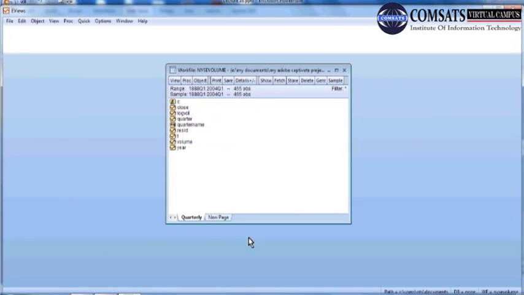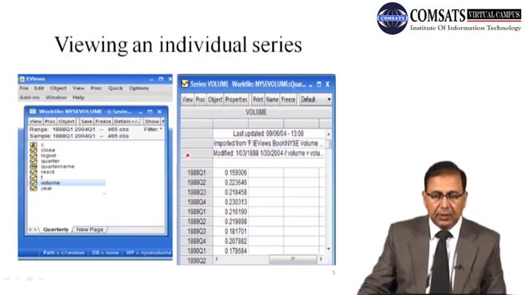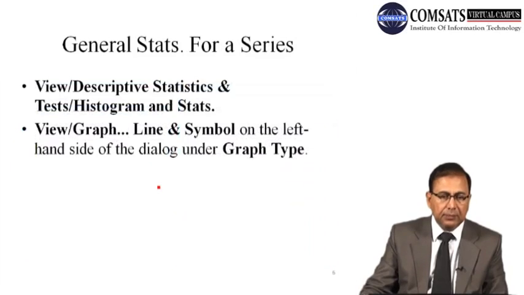Well, students, this is how to see the characteristics of a variable. Let's go by the lecture, and see what is next in our lecture. We have seen volume, how the volume series looks like, and we can read it from here, and the information is on the top. And then we have viewed descriptive stats, and we have also developed the histogram and the statistics.